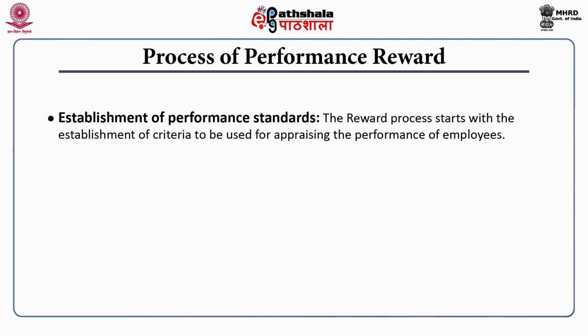If the output can be measured easily, then the criteria is clear. But if the performance cannot be measured easily, the personal characteristics which contribute to employee performance should be determined. Some examples of these characteristics include quality of work, leadership, cooperation, and teamwork. These standards must be written on the reward form. Who shall be appointed as appraiser and how frequently the reward is to be done must be decided in advance.